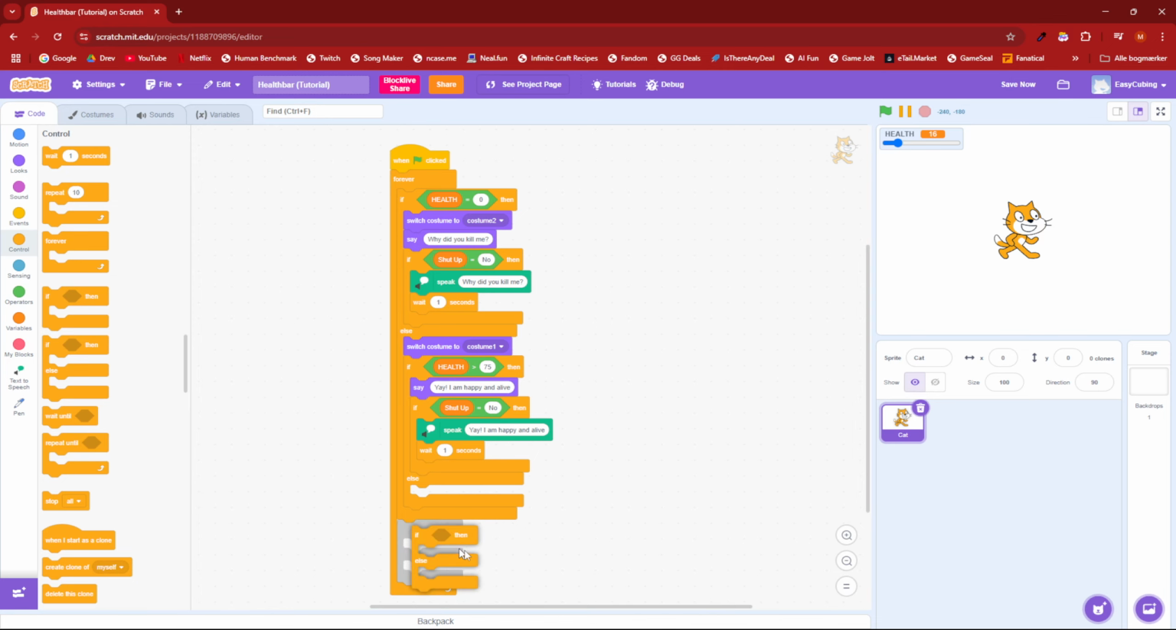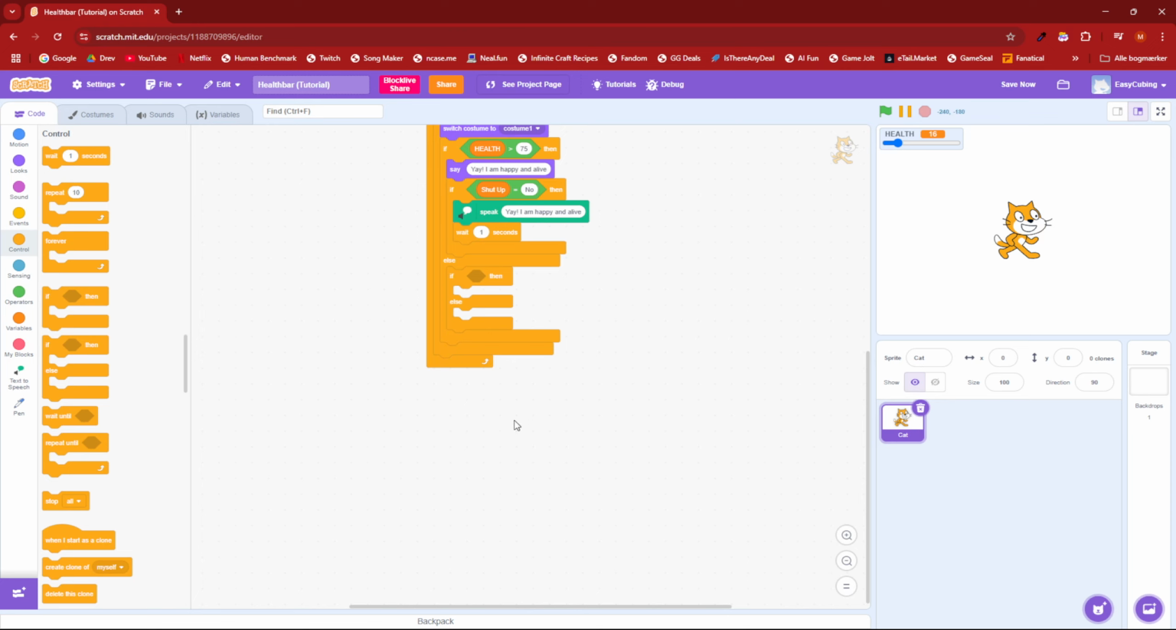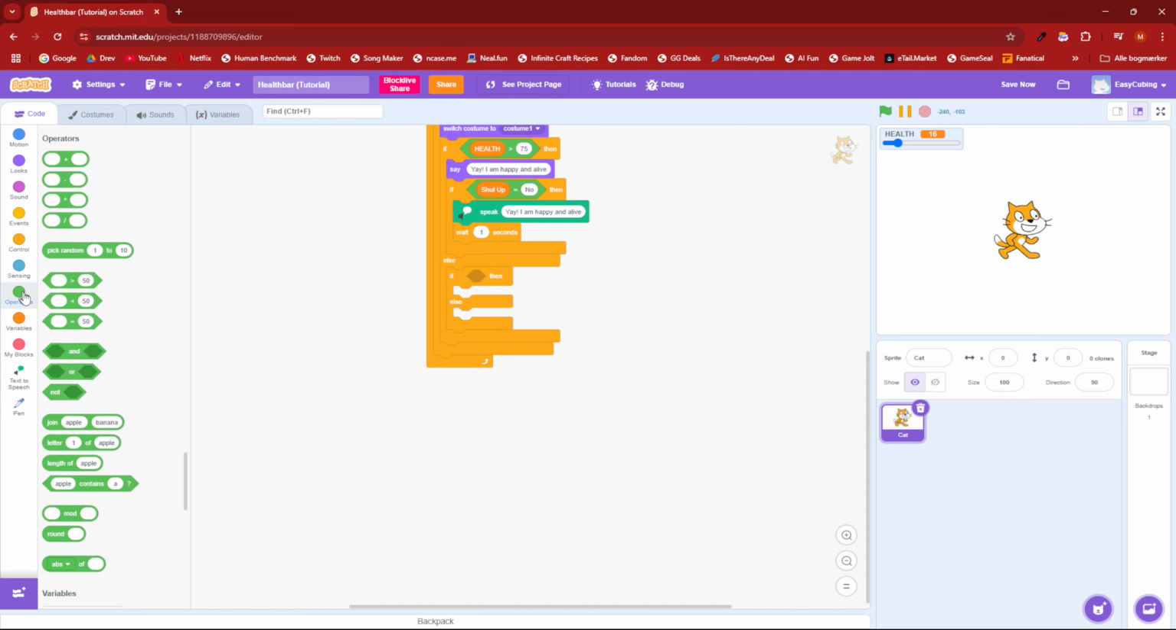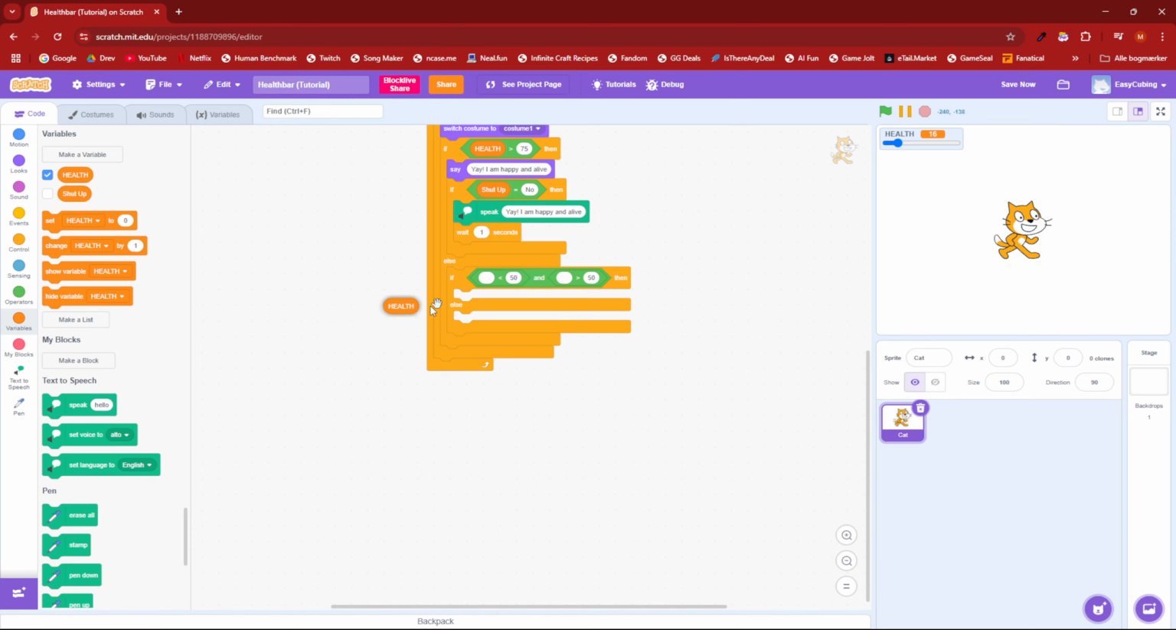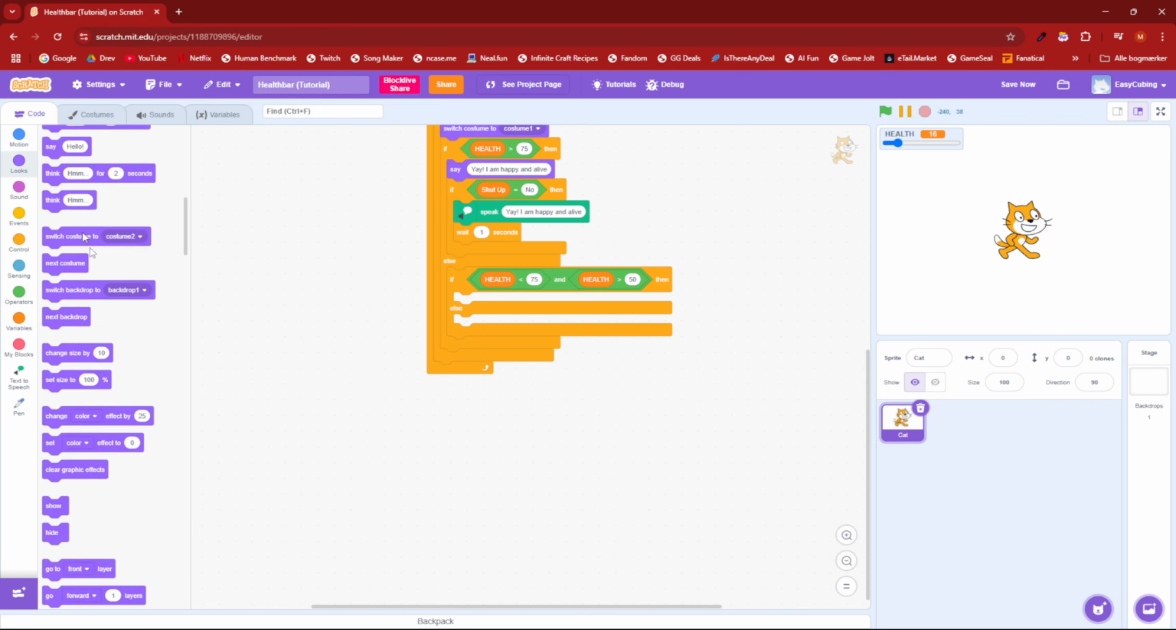And the else, we're going to put another else, where we're going to put an and in here. Then get a less than block here and a larger than block. Then let's put health into both of them. And then this will be less than 75 and this will be more than 50. Then we're going to go ahead and say,